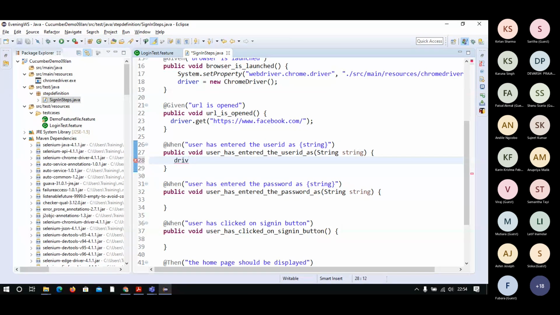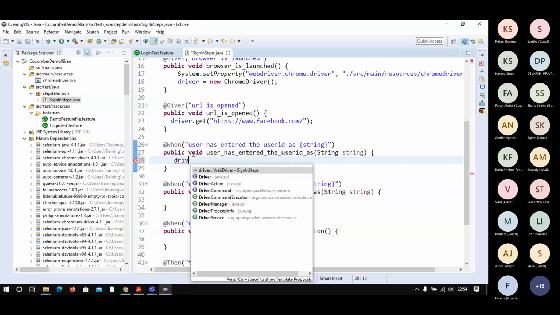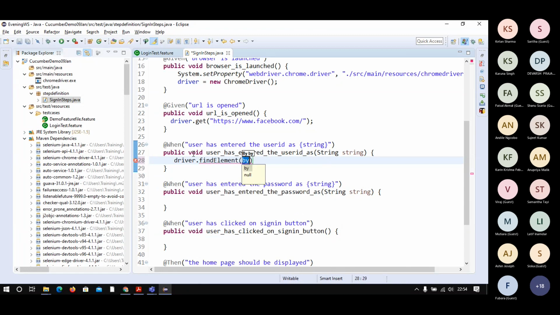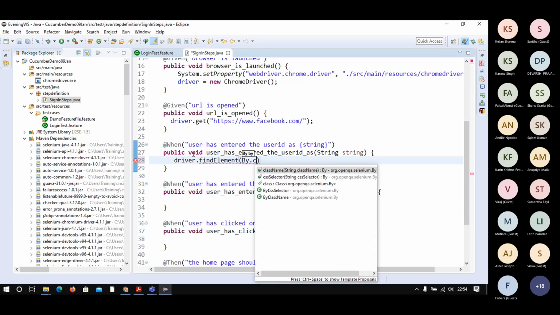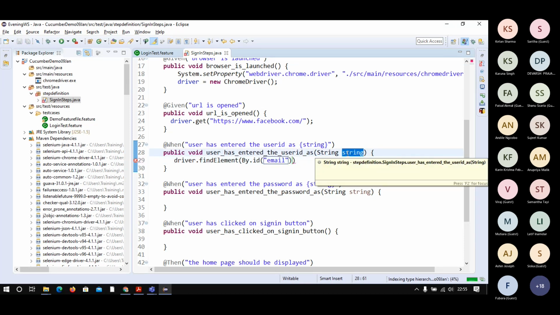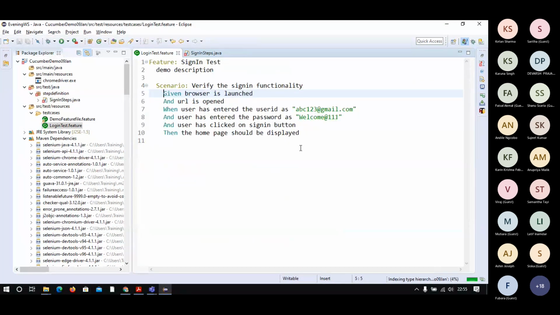So driver.findElement by CSS selector, or by ID I can take. And the action which I want to perform: the user has entered the user ID, and if you check the manual test case, I am passing the user ID from here.